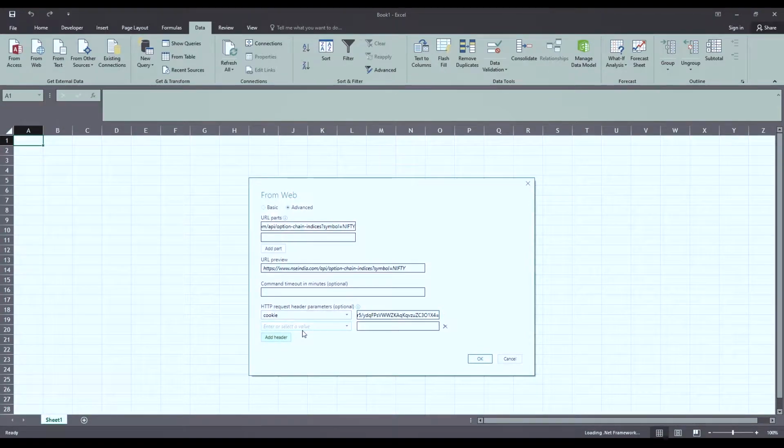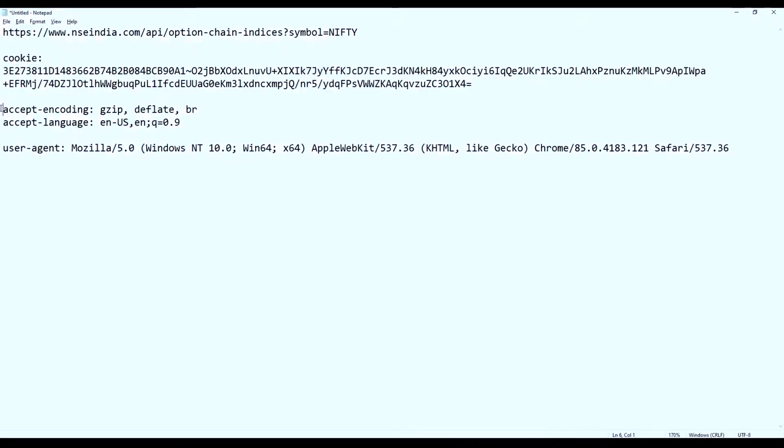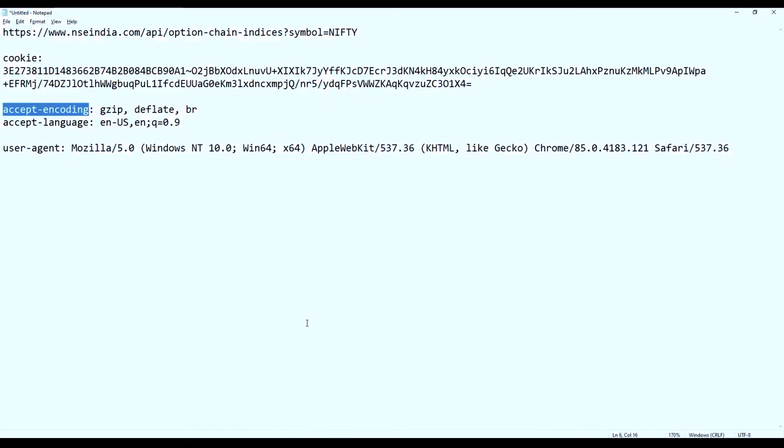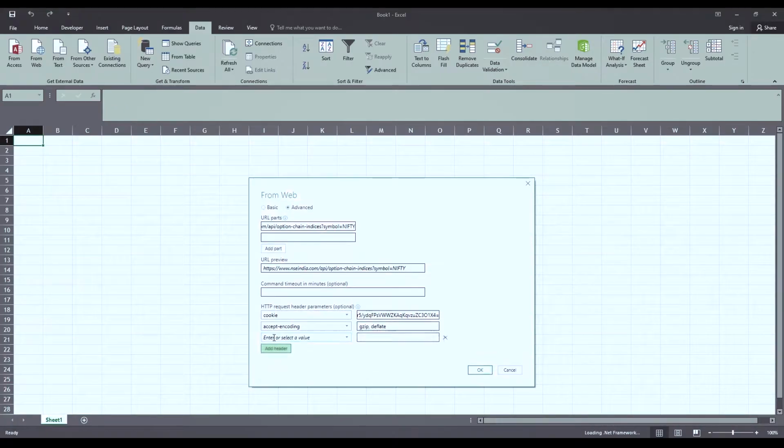Now I am adding one more header, which is accept encoding, and I am going to paste the value of this header. We will need the accept encoding value up to deflate only. So I am going to delete this br and I am going to copy and paste gzip, deflate. Now again I am going to add one more header,